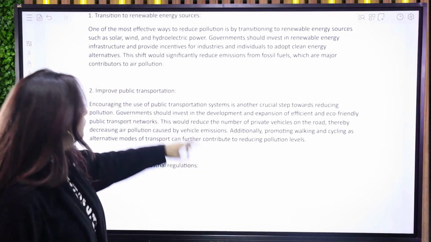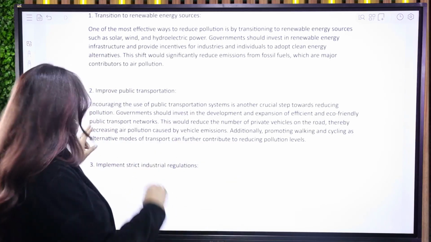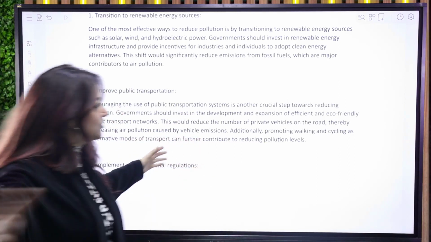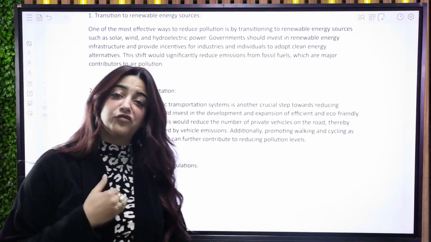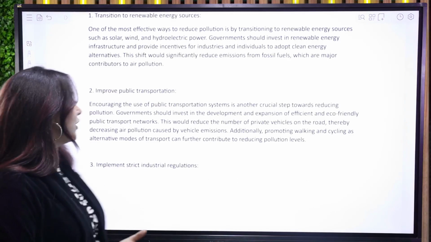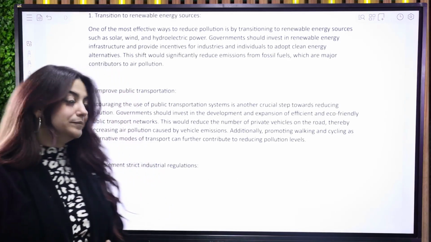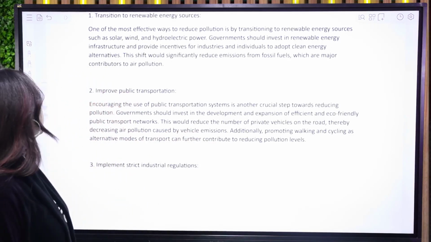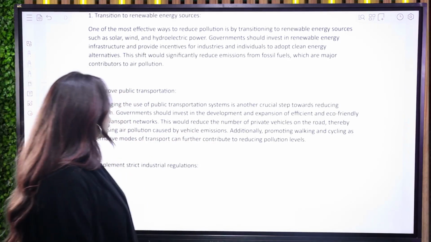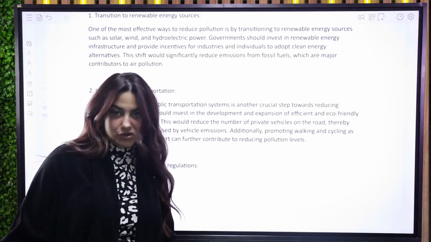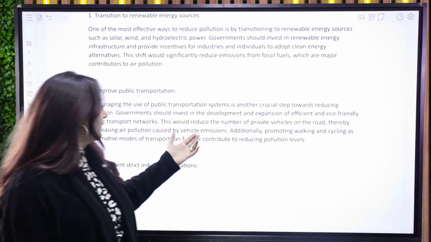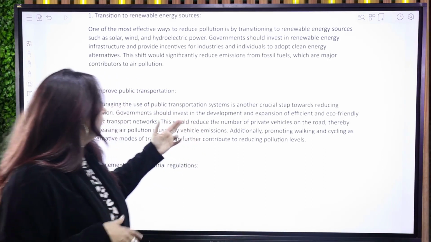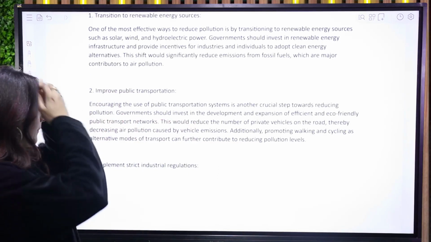Furthermore, another way, so government should invest in the development and expansion of efficient and eco-friendly public transport networks. This would reduce the number of private vehicles on the road, thereby decreasing air pollution caused by vehicle emissions. Vehicle emissions, of course, you know that this is very hazardous to health, so it's preferable to use eco-friendly